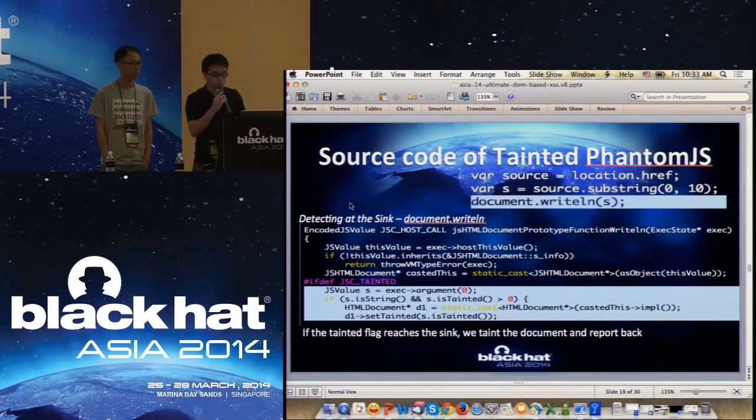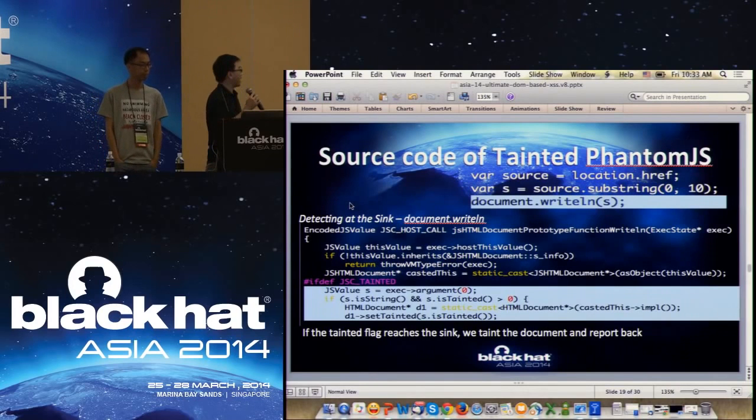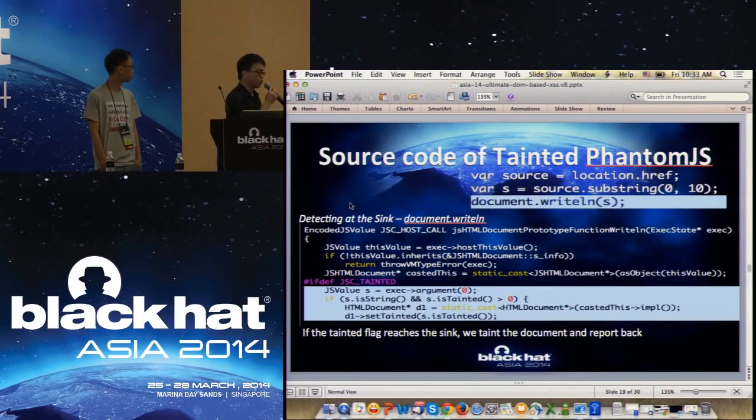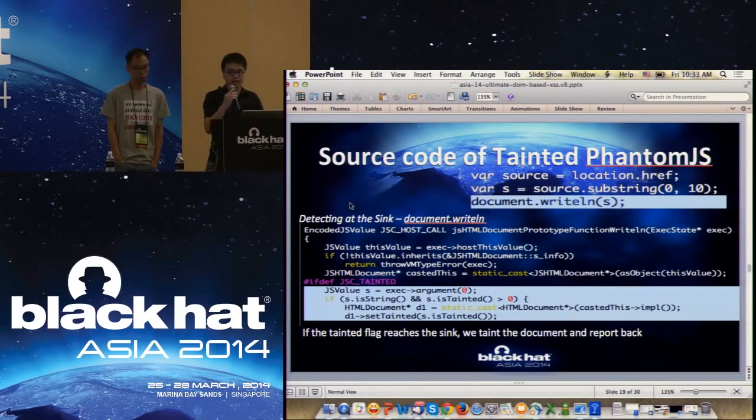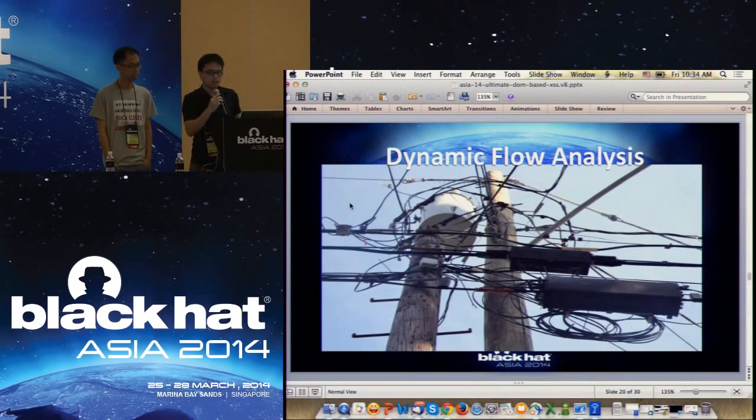And then finally, we will detect whether that signal actually happens at the sink of the DOM. If it is the case, we will flag true that something passed through. If it is not, just leave it alone. And then we will scan the whole web application through this kind of mechanism and report back whether your DOM is tainted or not. But it doesn't mean it works automatically, because